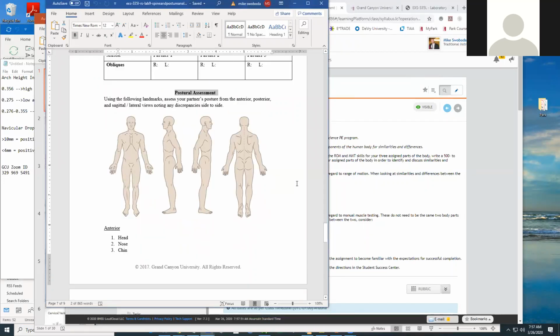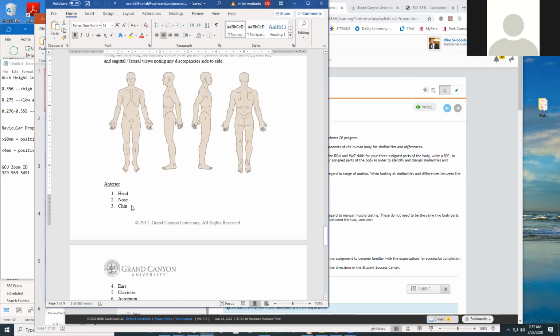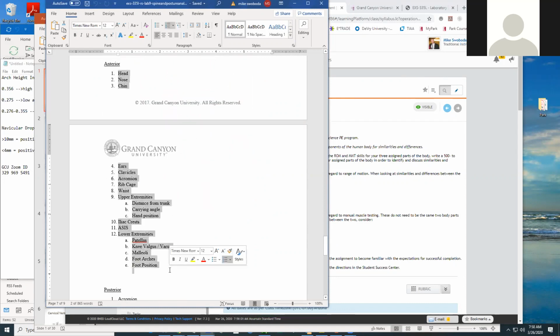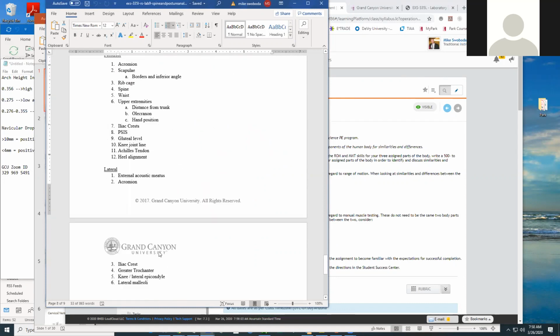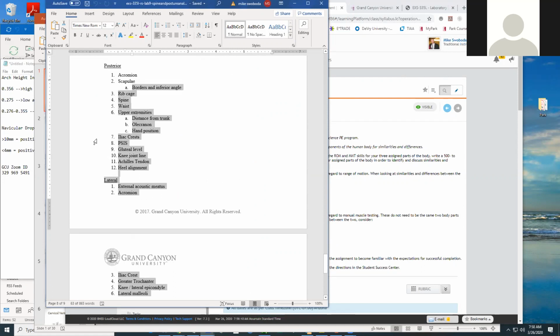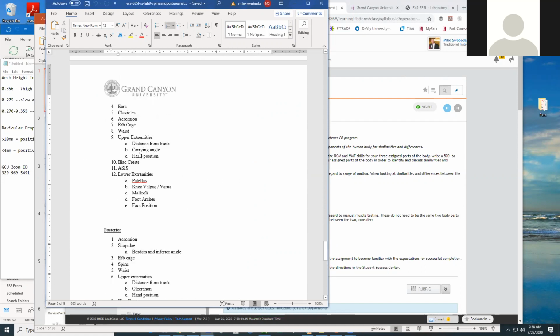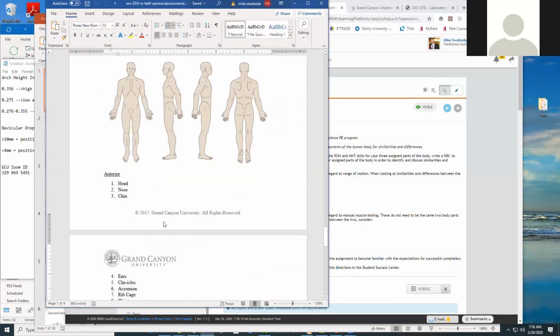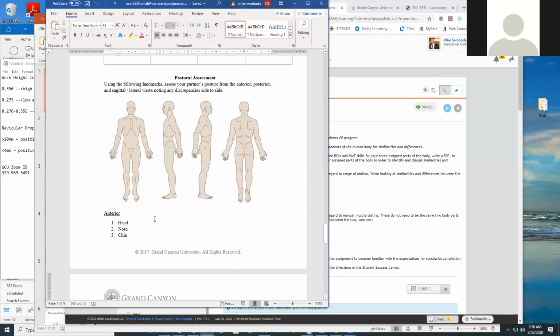You can actually do a postural assessment of somebody else, like a friend or family member. You are going to go over all of their body positions, looking for any anomalies. I'll go over this a little more in detail when I cover the PowerPoint, but you're going to write down any anomalies you see. So for example,